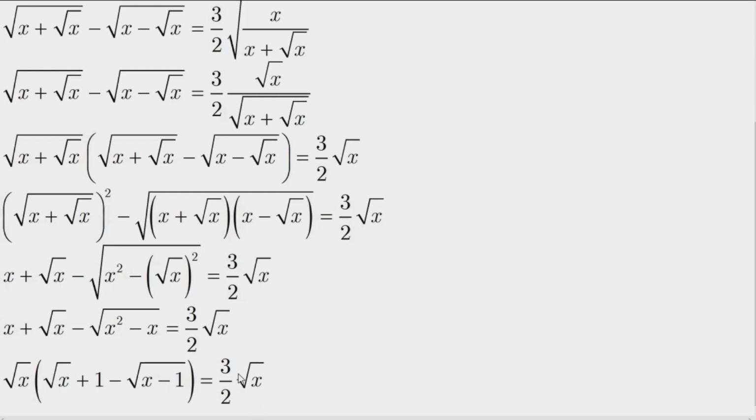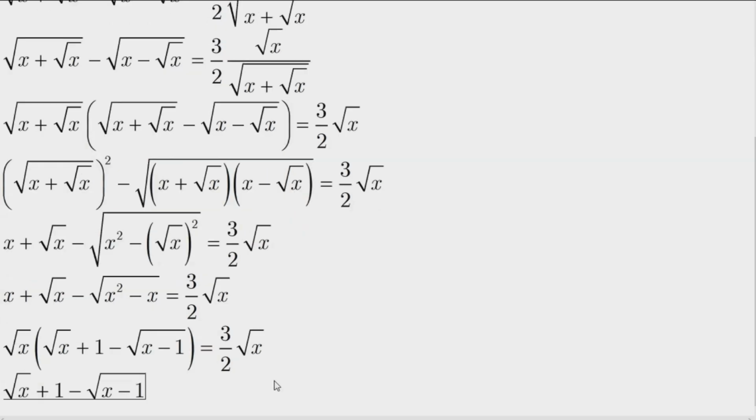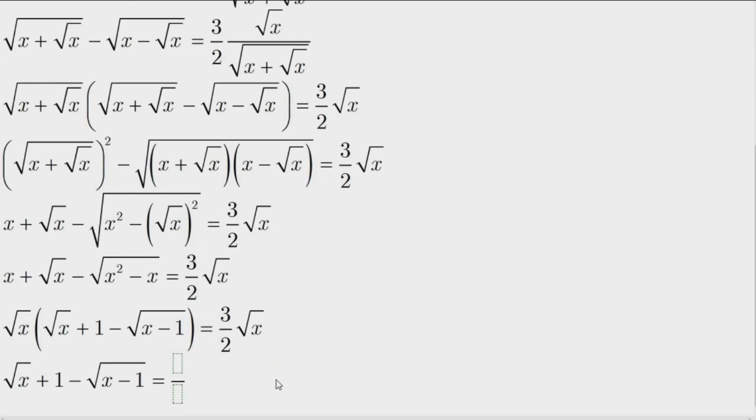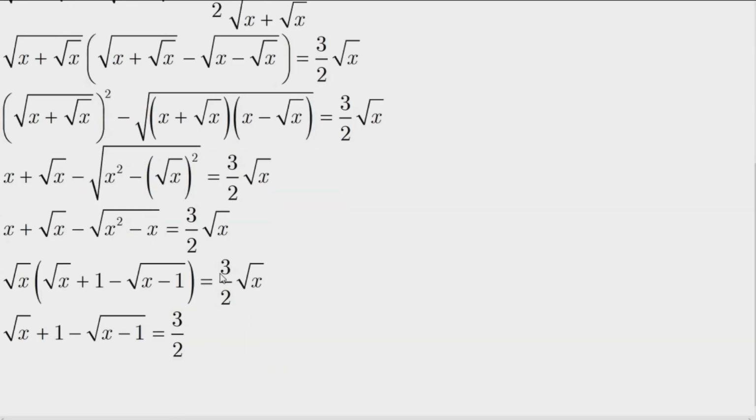Now I'm going to cancel the square root of x on the right hand side of the equation with the square root of x on the left hand side. Then this equation will be equal to 3 halves. Right, then remove plus 1 to the right hand side, then the left hand side, which is square root of x minus square root of x minus 1 equals 3 halves